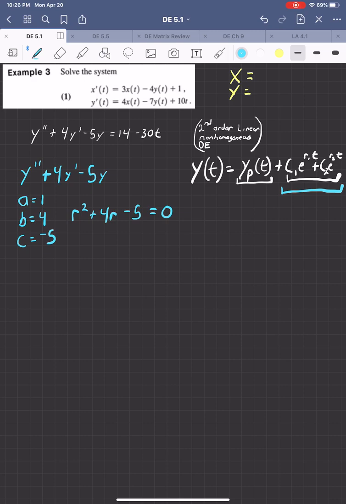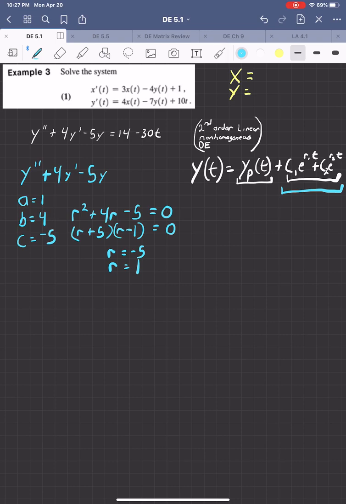Now, hopefully this factors. If it did not, we would have to use our quadratic formula. But let's go ahead and set it up. This one actually does factor: r plus 5, r minus 1. And now let's look at our roots. Are we getting double roots, single roots? In this case, we end up with r equal to negative 5 and r equal to 1. So that's actually nice, because